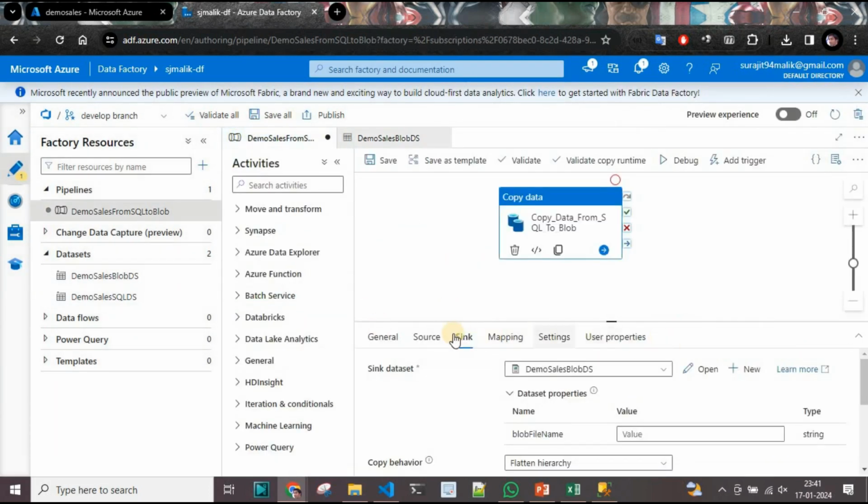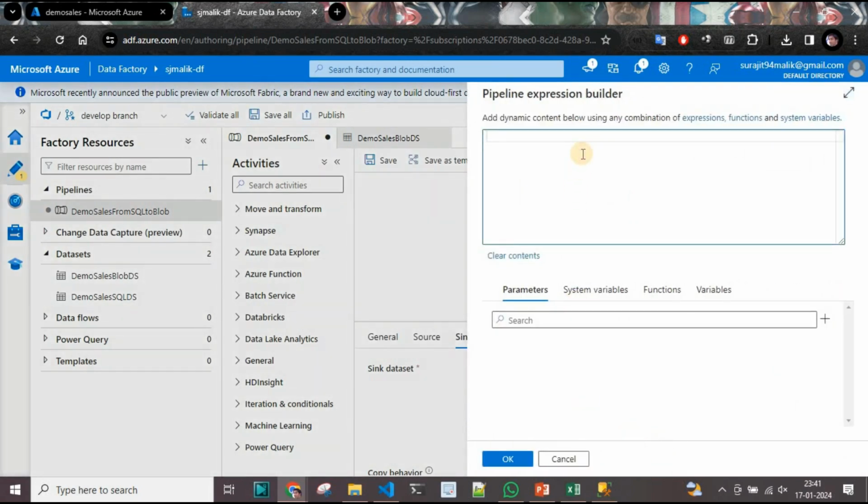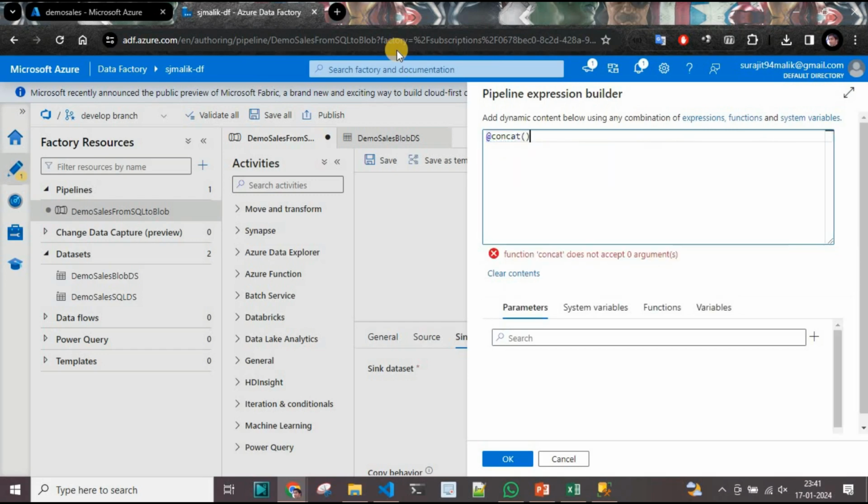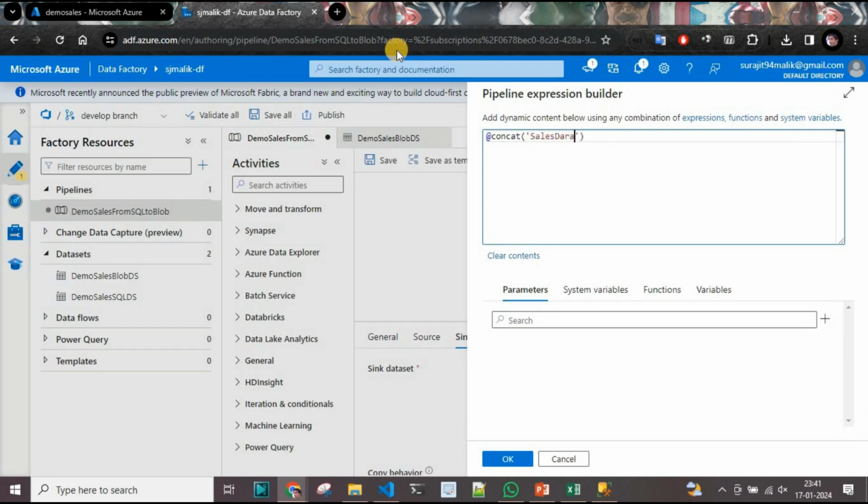Next, I will go to the pipeline, and here you can see our parameter is blob file name. I will put the file name here. I will keep this name as sales data, and I will concat the current timestamp with this file name. The expression will be @concat, sales data from SQL, underscore,